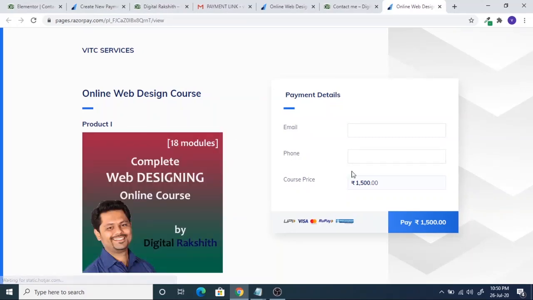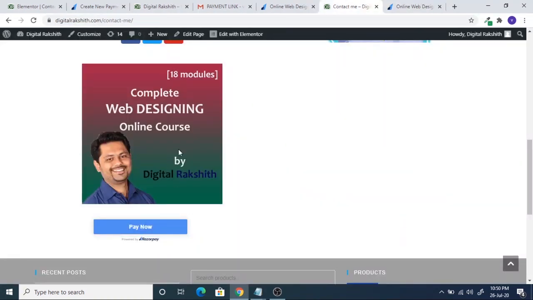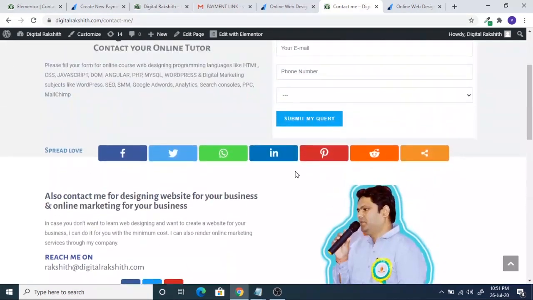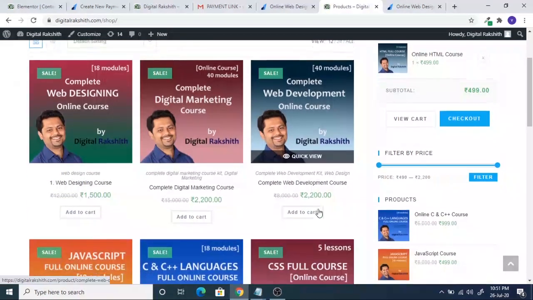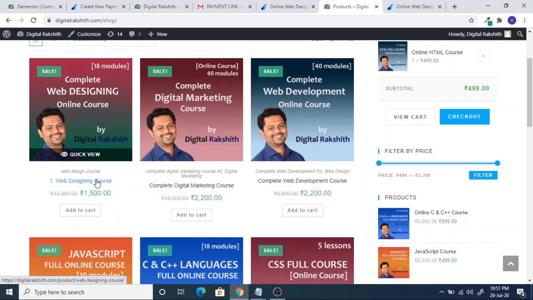When I click here pay now, again it is taking me to the same payment pages of Razorpay, where I can enter email ID, phone number and pay the amount quite easily. So this will reduce the hassle of these WooCommerce checkouts. See, if I normally go for WooCommerce, I have an enroll course option. Here I have to select the same course of 1500. When I select it, or when I click on add to cart,